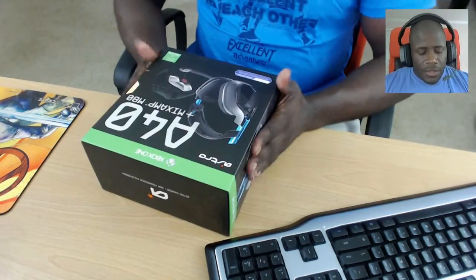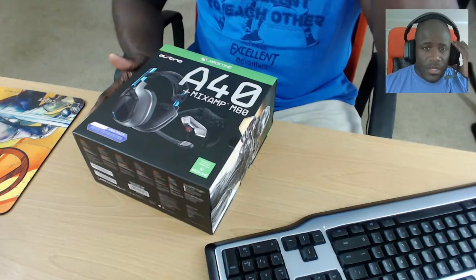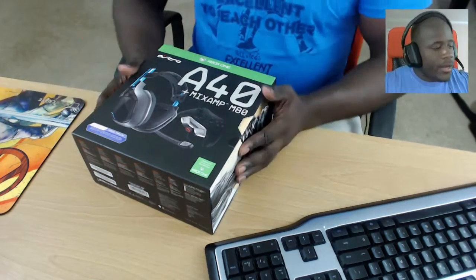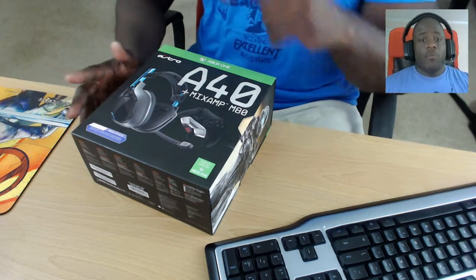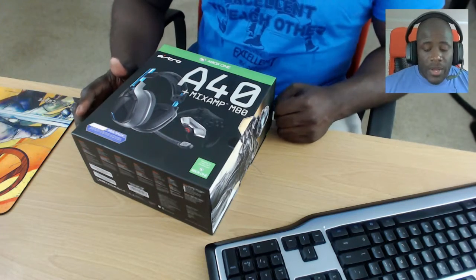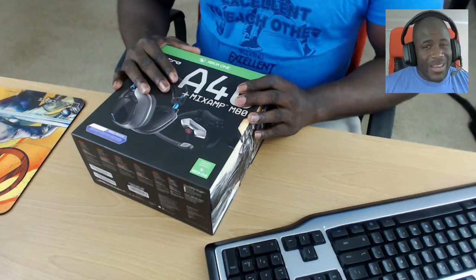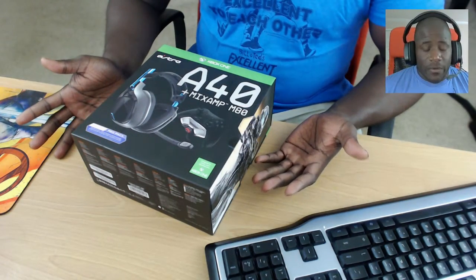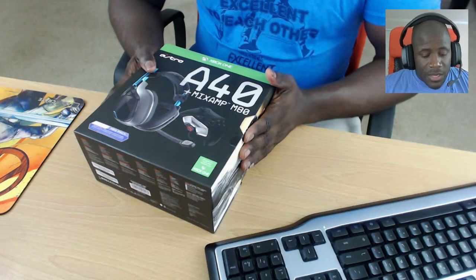I've been looking into getting a headset for my Xbox One for a good while, because right now I'm using my Corsair Voids. I previously was using my Razer Krakens, but they broke. One of the members of the Night Crew on stream ordered off my Amazon wishlist and picked me up the Corsair Void RGB, which is impressive thus far. But either way, I can't use it on the Xbox One, right? So that kind of makes me sad, because doing anything from the computer just doesn't work out to go over the Xbox. So I put in to see if I can get a chance to review this,